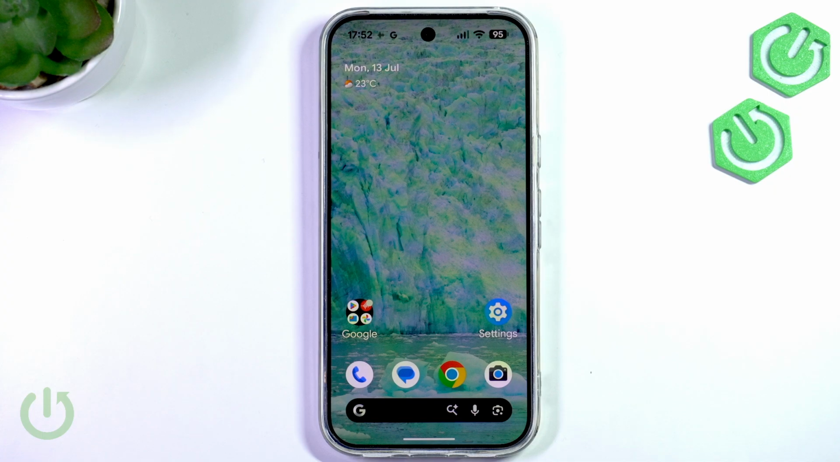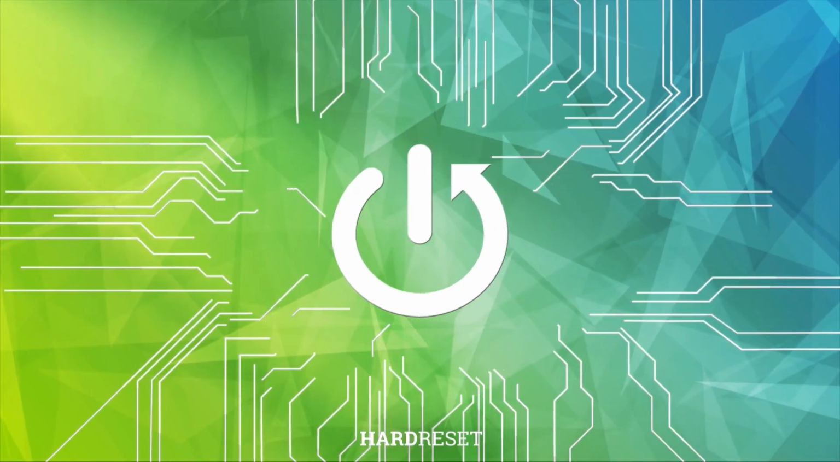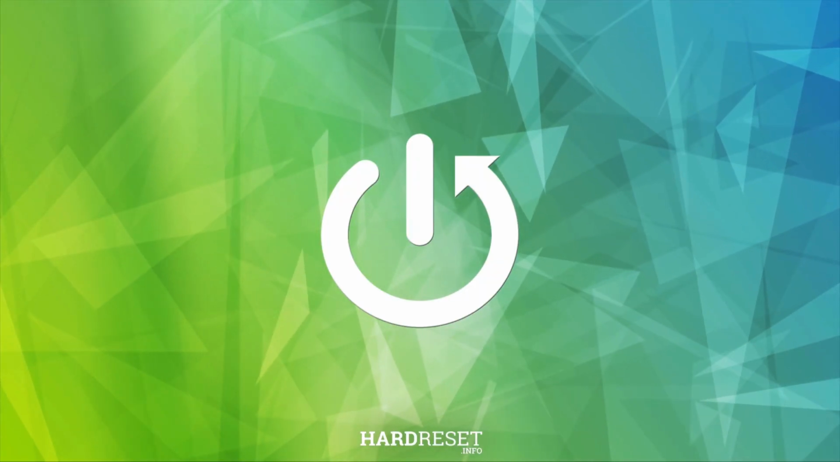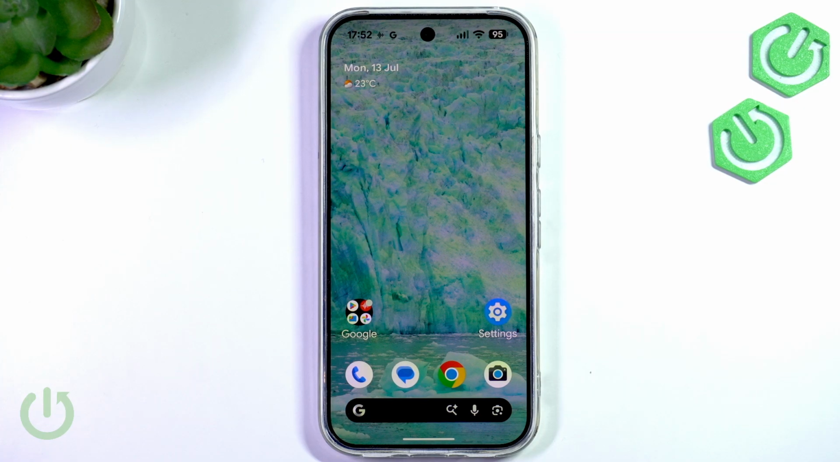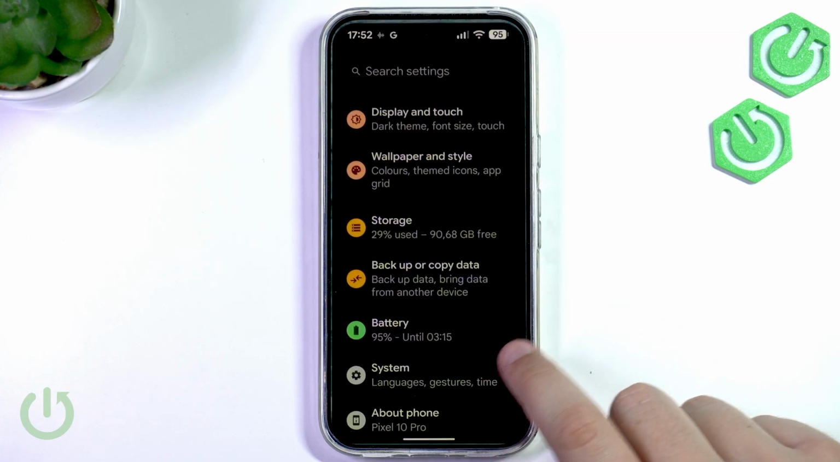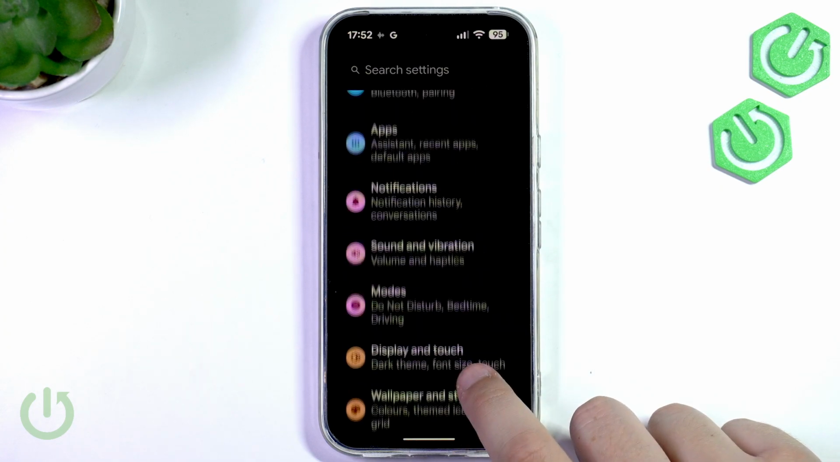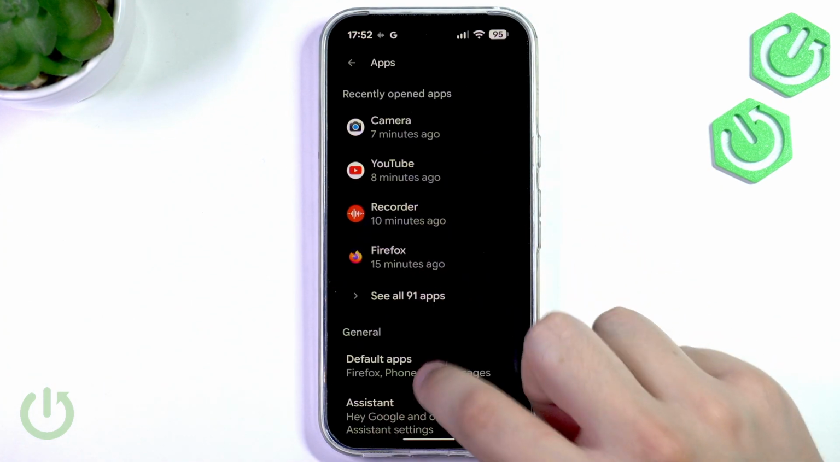In today's video, I'll show you how to change default apps and gestures on your Google Pixel 10 Pro. So first, what you guys want to do is go over and go to settings. Here in the settings, we're going to go to apps and go to